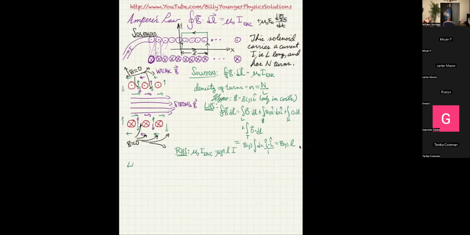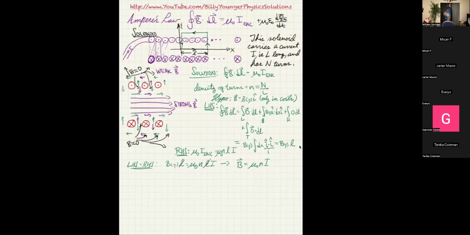Now if I set left-hand side equal to right-hand side, then we're going to have B of y times L is equal to mu zero N times L times I. You can see that the L's cancel out. And in fact, there's no function of y. So using our hypothesis, we come up with the magnetic field is just mu zero times N times I,